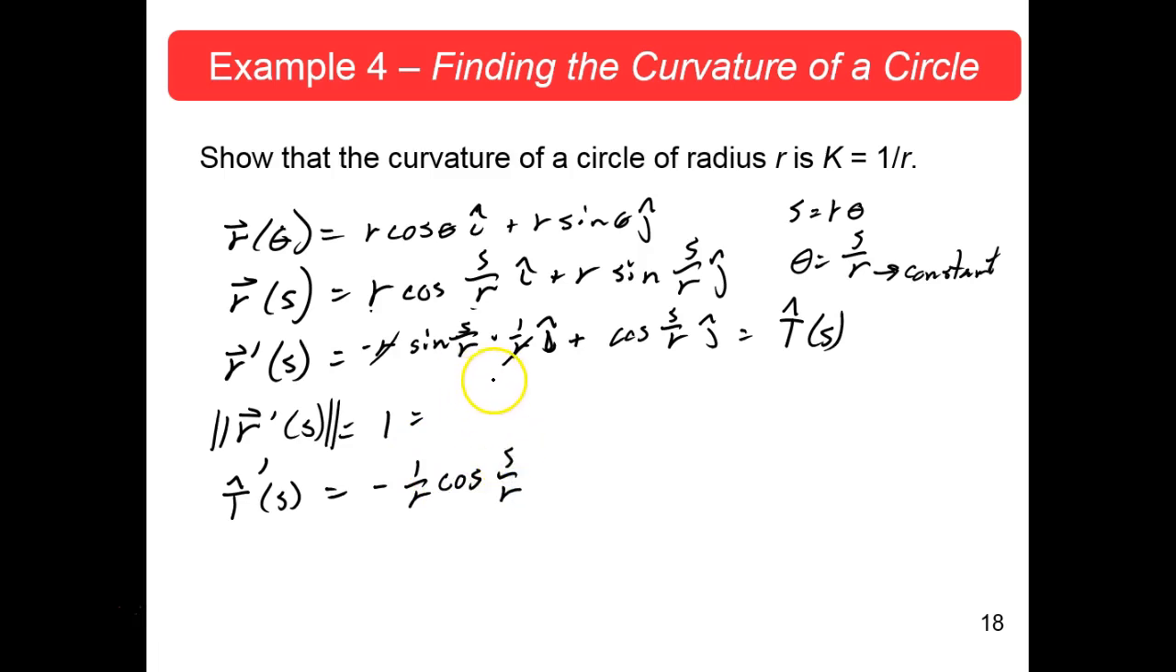Right? Okay, I. That's yes in Navy speak. Okay, next. Help me. Minus 1 over r sine s over r J. Okay? Now, we need to take the